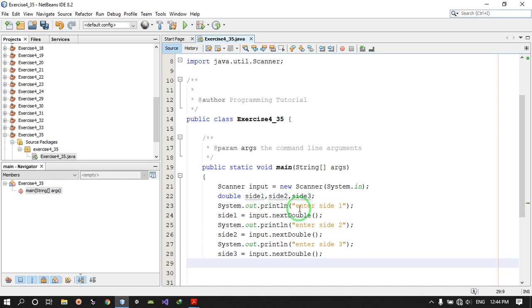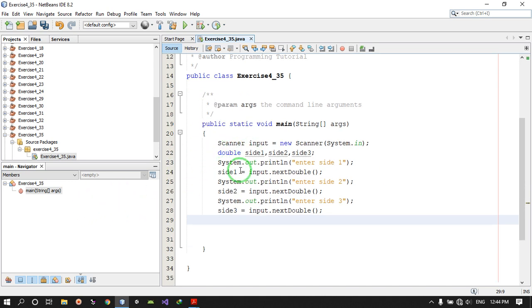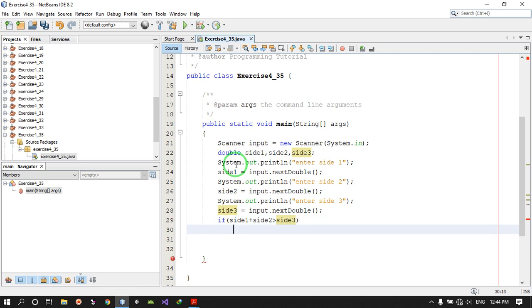And now let's have some conditions. If side 1 plus side 2 is greater than side 3, if side 2 plus side 3 greater than side 1,